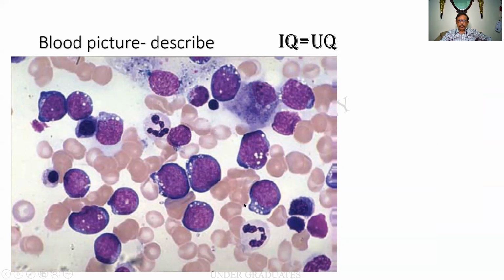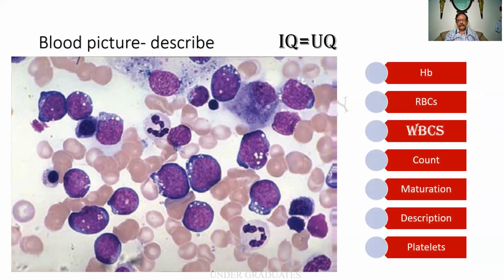Now, the question for you people is, describe the blood picture of an AML. How are you going to describe it? This should be the prototype. The hemoglobin is obviously reduced. It can be 7 to 10 grams or even less. RBCs are initially normocytic, normochromic, but later on it can go in for a microcytic hypochromic picture because of a superimposed iron deficiency. WBCs are markedly increased in number. When I say markedly, 50,000, 1 lakh, up to 2 lakhs or even more can be seen. They are markedly increased in number.